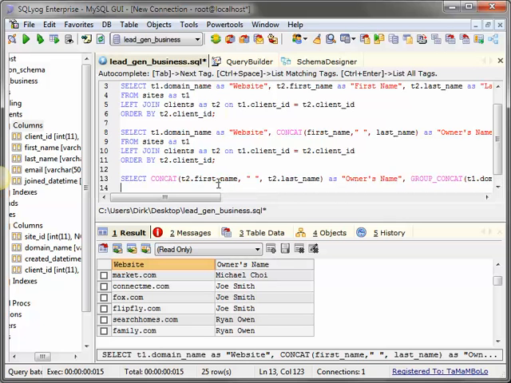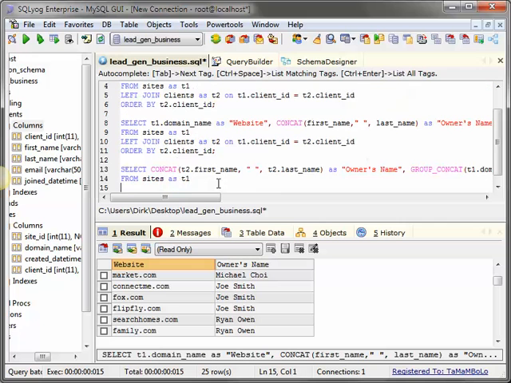And then from sites as T1 left join clients as T2 on T1 dot client_id is equal to T2 dot client_id.